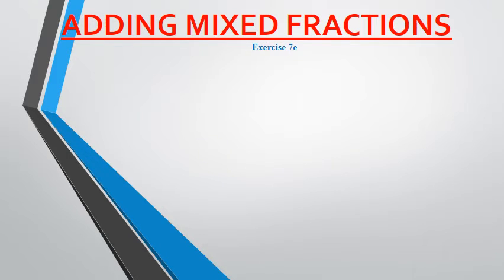Now children, let's come to the second question of this exercise, and we will do the C part of question number 2. Here we have to add two fractions which are 3 9 by 20 plus 4 2 by 15. Now both these fractions are unlike fractions because they have different denominators, and they are also mixed fractions. So first of all, we have to change these two fractions into improper fractions.